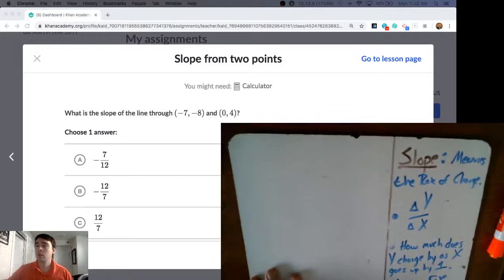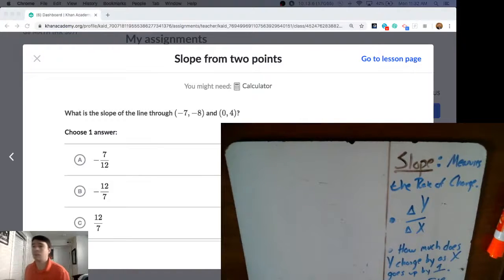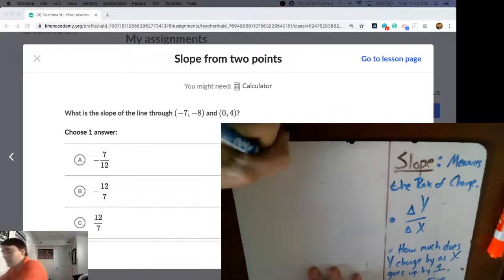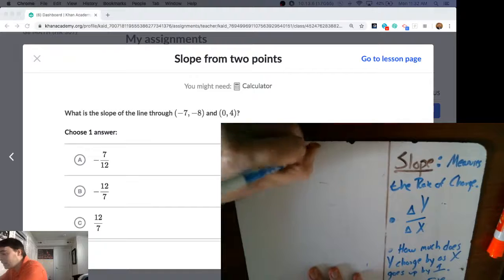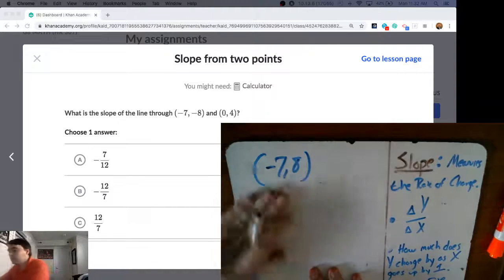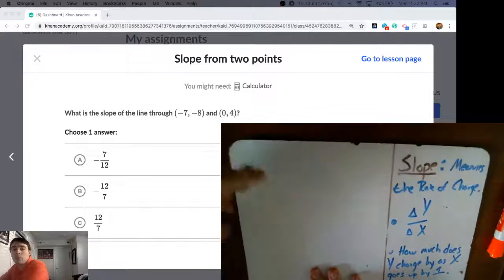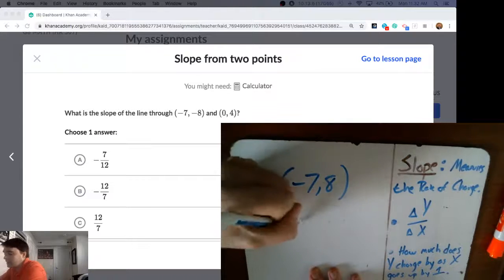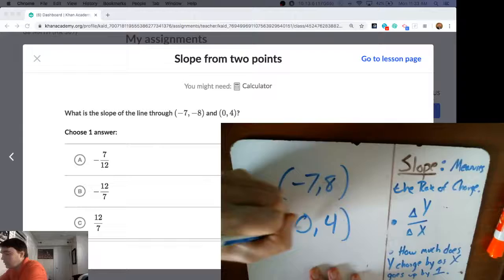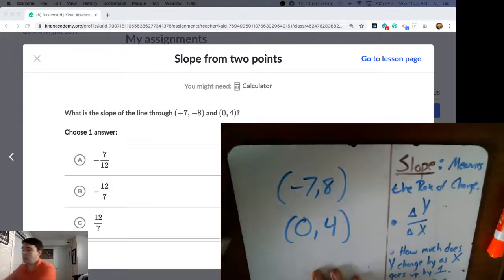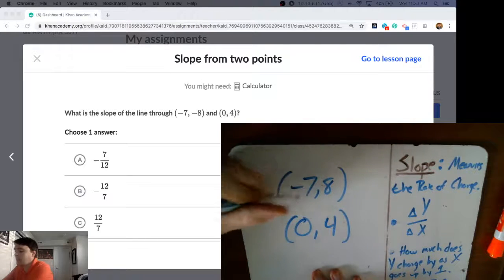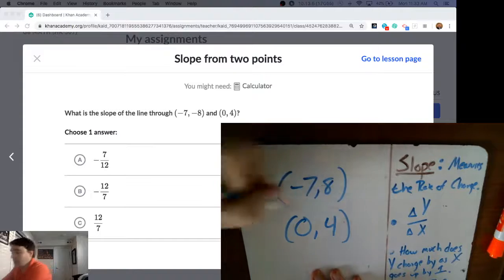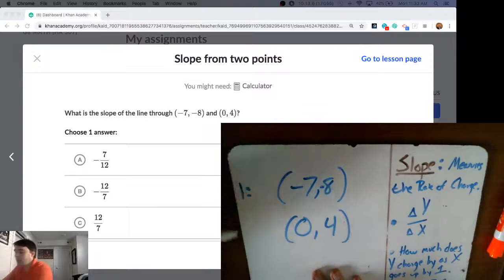So here for this problem we're given 2 points. I'm going to write those down. It says, what is the slope of the line that passes through -7 and -8 for our first point, and then the other point it's going to pass through is 0 and 4. So I'm going to stack those on top of each other. It goes through 2 points: point 1, -7 and -8, good thing I double checked, and point 2 goes through